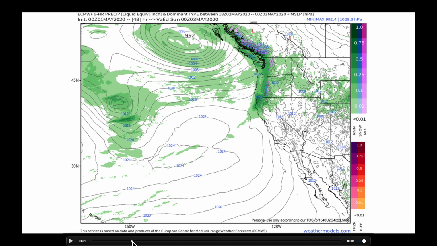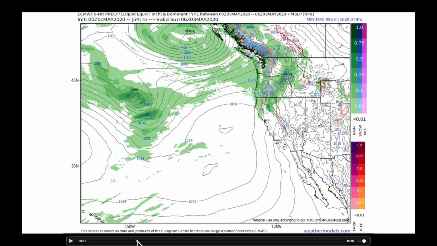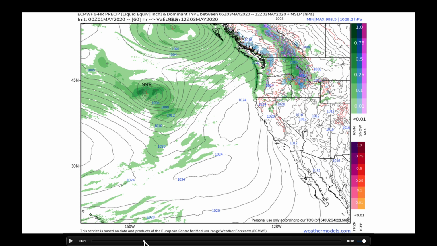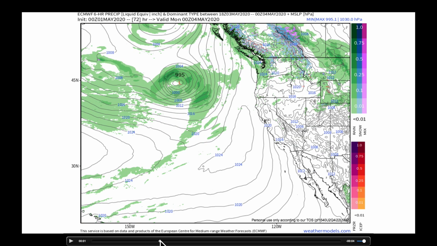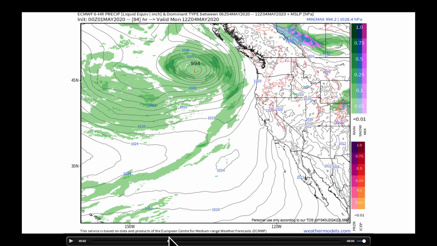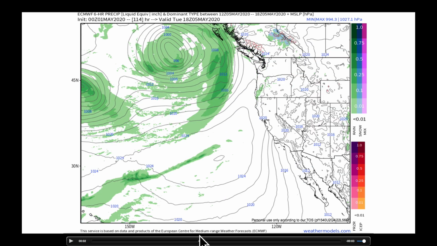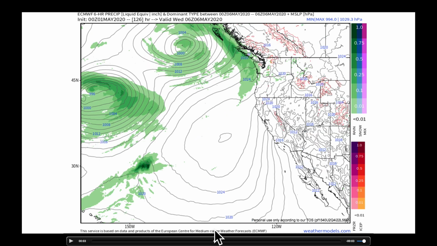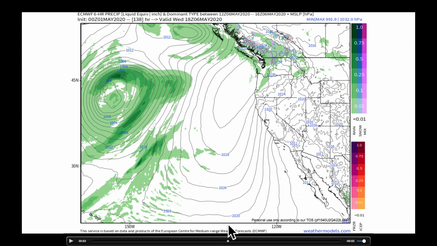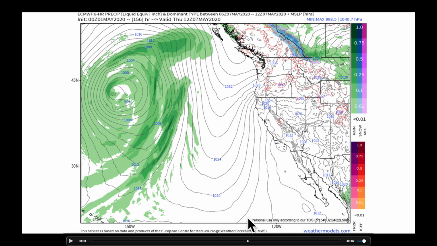As we continue to play this forward, getting into Saturday night and early Sunday morning, that first system pulls on through. Now beyond this, you're going to see that the systems are tending to curl up into early next week into the deeper upper level low that's sitting here. And therefore, they're not going to be able to make their way as quickly to the west coast of North America. So, for example, Monday morning, afternoon, and evening, see how that low pressure system stays here? Only lightly scattered precipitation then gets into coastal Oregon and Washington, unlike the system that came through over the weekend. And that's going to be the name of the game as we play this out to midweek next week. This is Wednesday morning, afternoon and evening, and now getting into Thursday morning, afternoon, and evening.